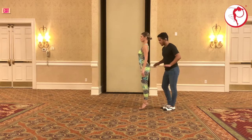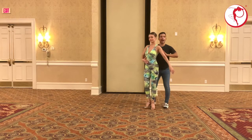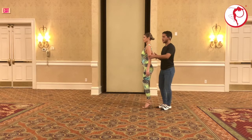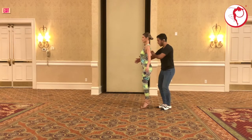Everything is exactly the same here. Connection point number 1, connection point number 2. I did not ask for these connection points yet. I might in the future, but for now I haven't. So it's the same as this position. The same. Yeah? So make sure that as a follow, your job is to provide, like we talked in the